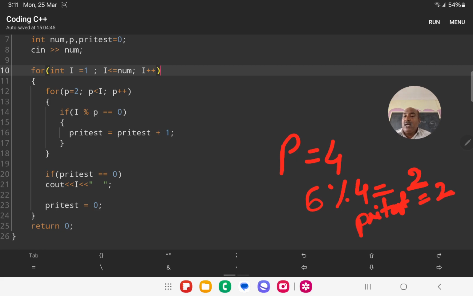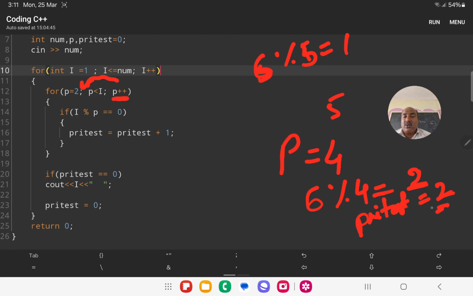So again p will be 5. Then it will check the condition p less than i, 5 less than 6 is true. 6 modulo 5 is 1, so this condition is false.